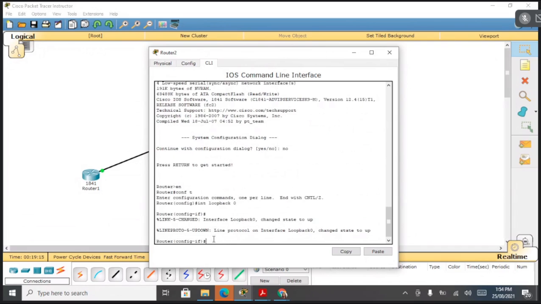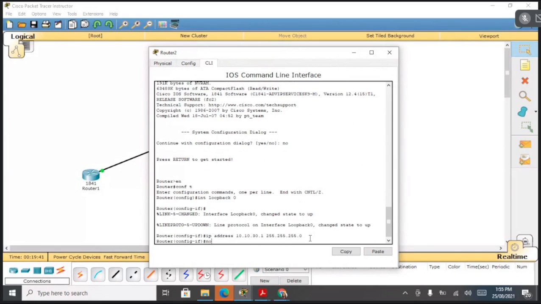For that IP address, here the IP address is 10.10.10 हो गया, 20 हो गया, 30 is there, right? 30.1 and 255.255.255.0 is the subnet mask, right? Then no shut.